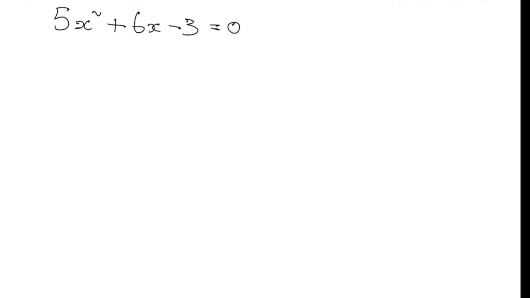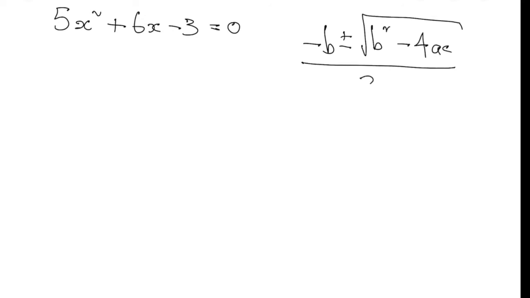We're going to use the quadratic formula to solve this quadratic, 5x squared plus 6x minus 3. The quadratic formula is minus b plus and minus the square root of b squared minus 4ac all over 2a. If we write down the general equation for any quadratic, which is ax squared plus bx plus c,